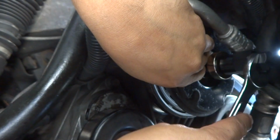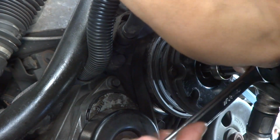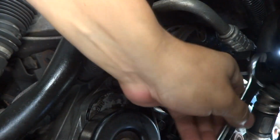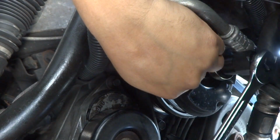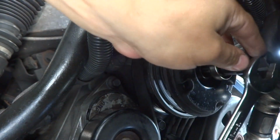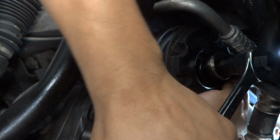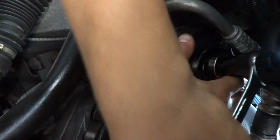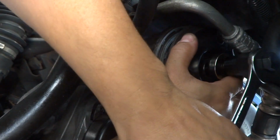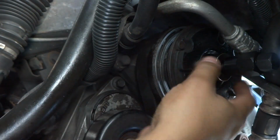You definitely don't want to lose the threads on this thing, which is why I tried a couple times with their tool, and then I finally just was like, well, you know what, I'm going to stop right here because it's going to give me some problems. I suppose it would be best to just try to get that on rock tight, but I'm going to stop right there